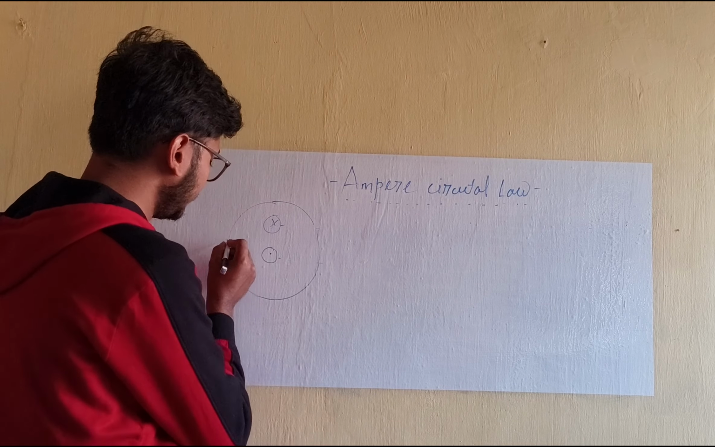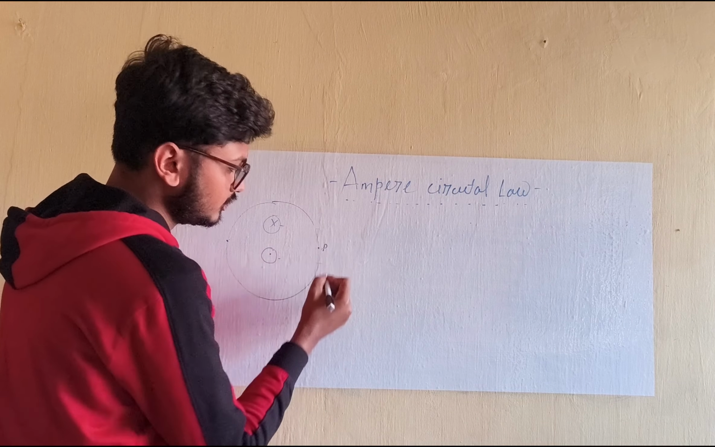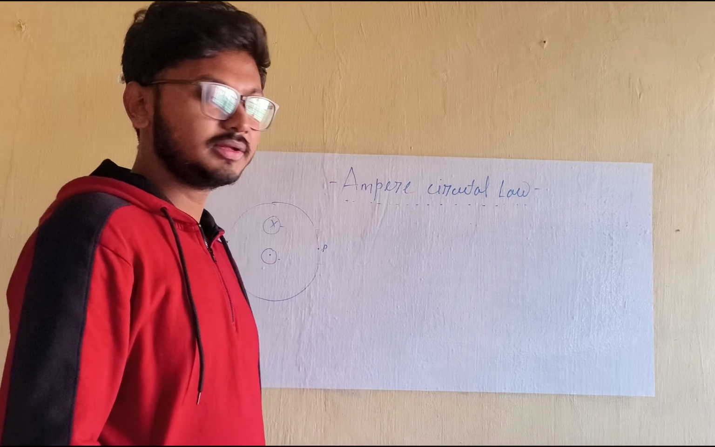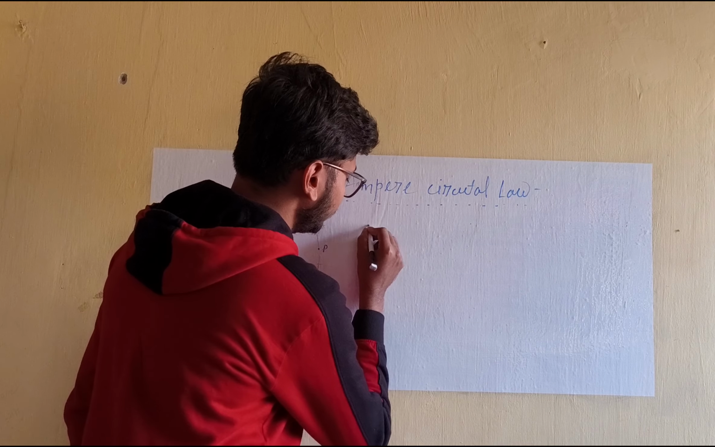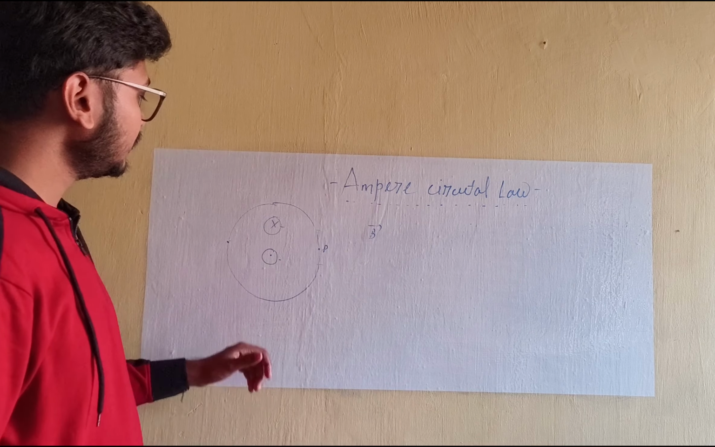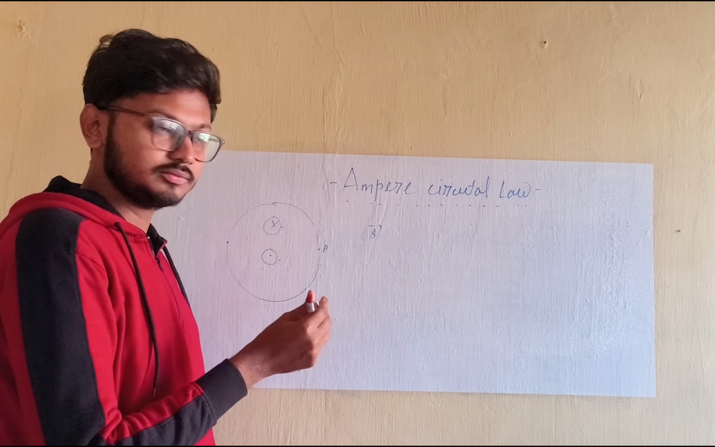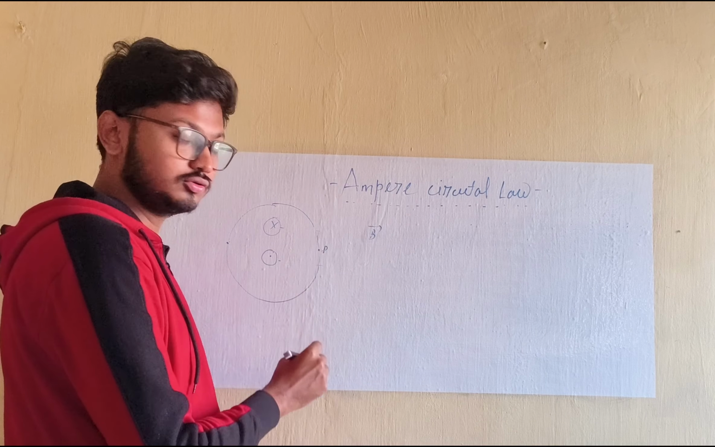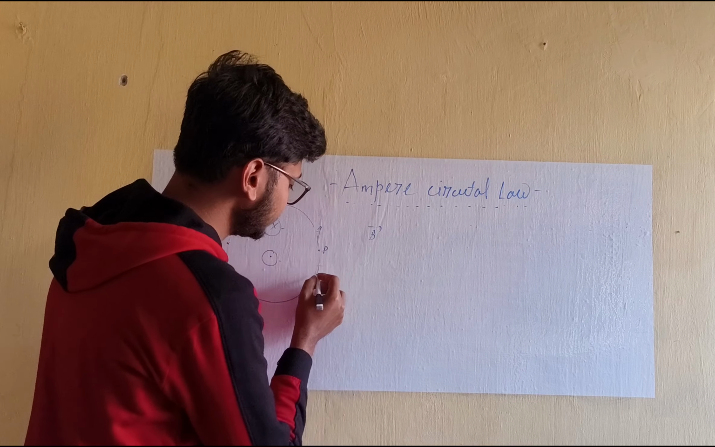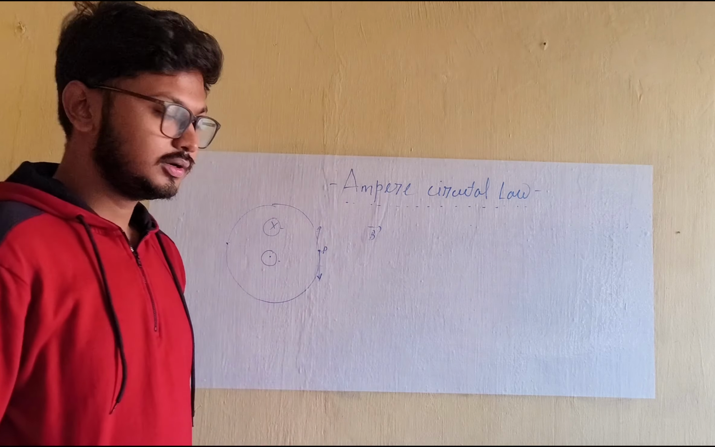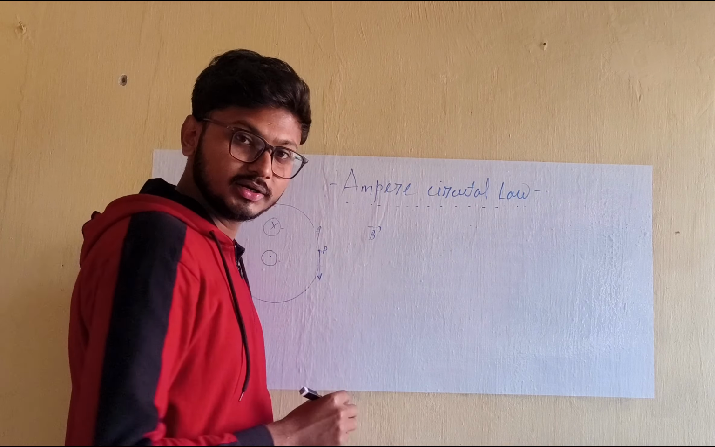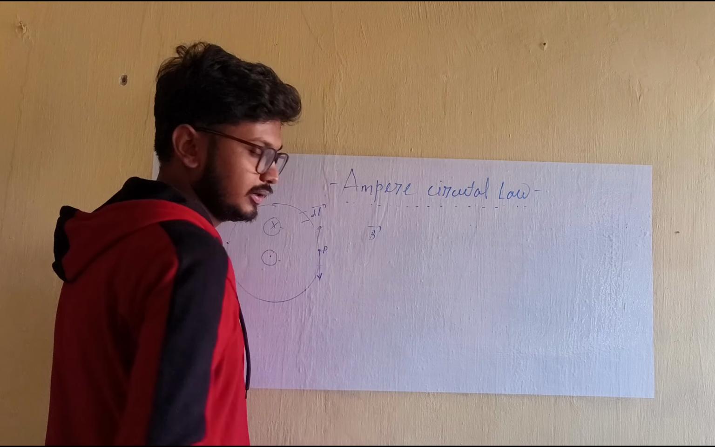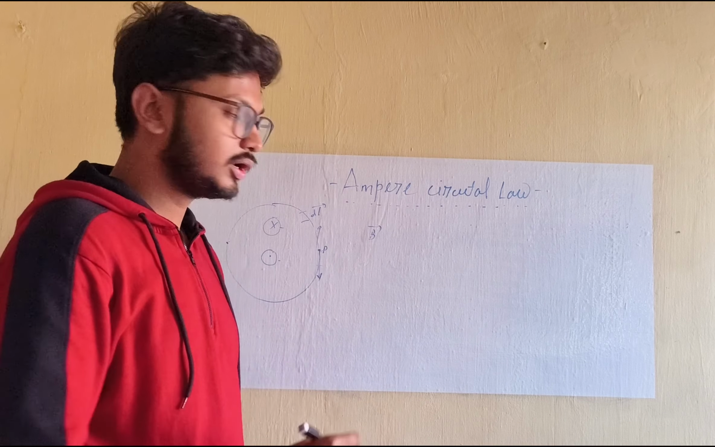Now considering a point P at the loop, we have to calculate the magnetic field at point P. So considering the magnetic field at point P is B, and we know that whether the current is outward or inward, the magnetic field is always tangential to the loop, that is in that direction or in that direction. Now taking a small length element dl, Ampere's circuital law says that